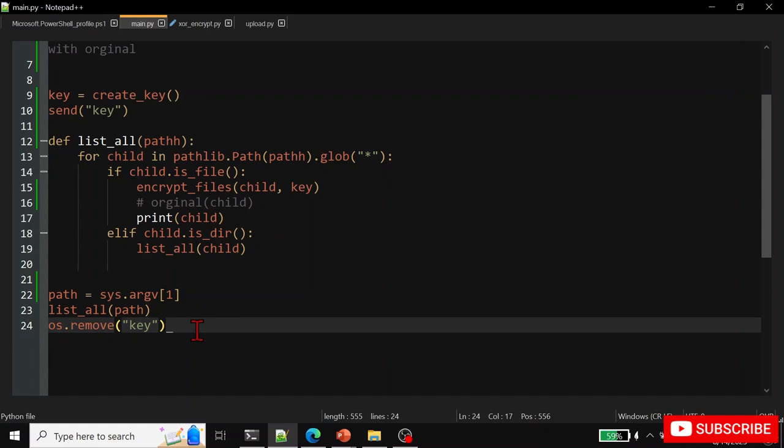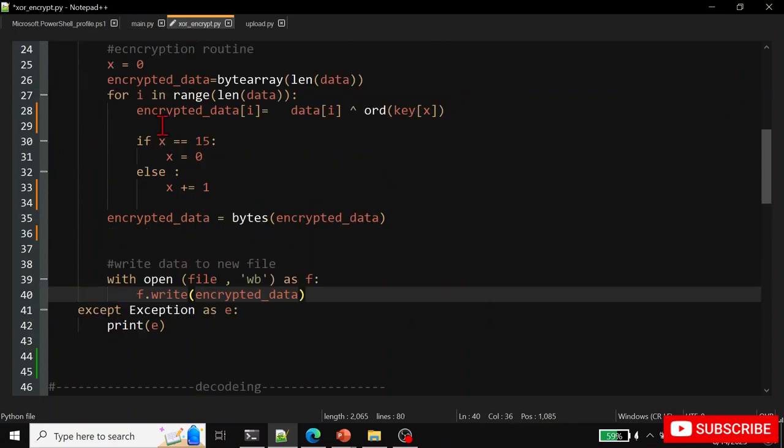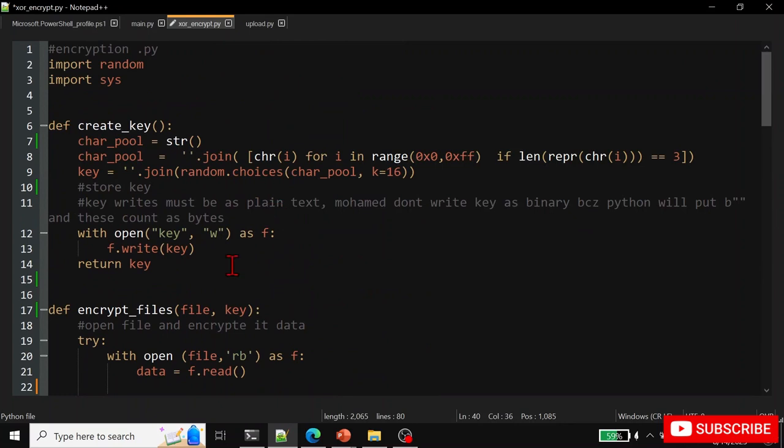So you create a key, you encrypt, and then you remove the key. When a reverse engineer tries to come here, he won't find any key, he won't find anything. Even if he managed to reverse engineer it, even we, as we created this code, can't get back any value we created for it, because it is